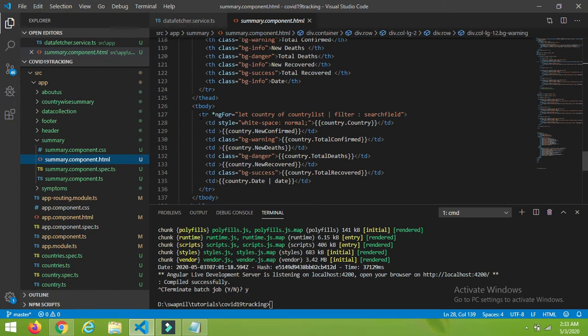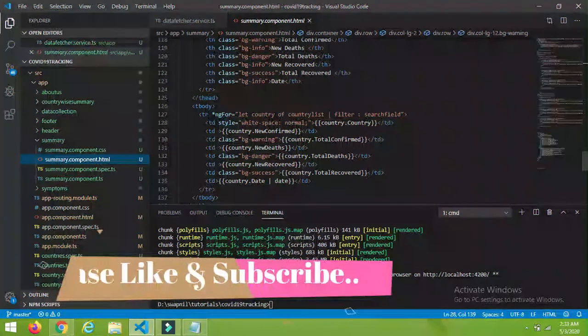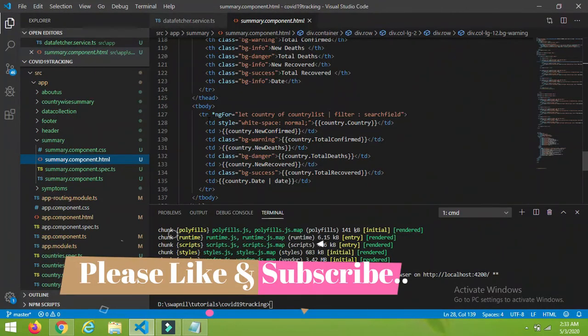So for each record we have to display country, new confirmed cases, total confirmed cases, total deaths and date. Similarly we use interpolation here also. So I have given country dot country, country dot new confirmed, country dot total confirmed. Likewise I have displayed all this data in columns and iterated this tr for all records in the country list array. That will display our table with all our records.